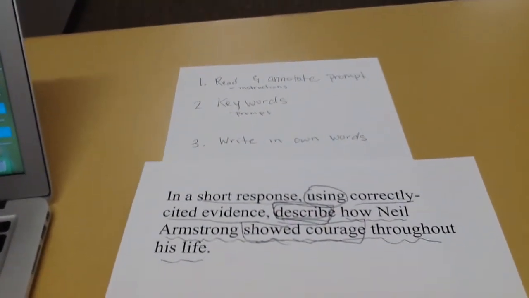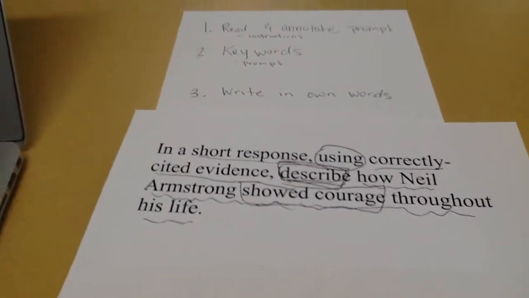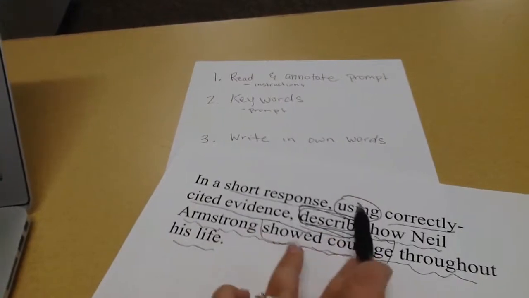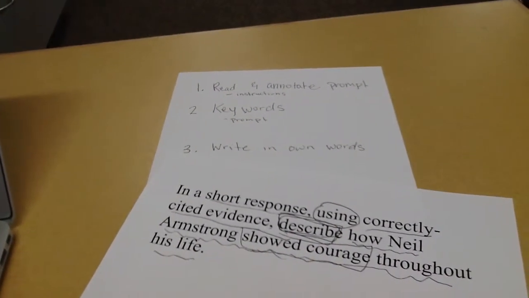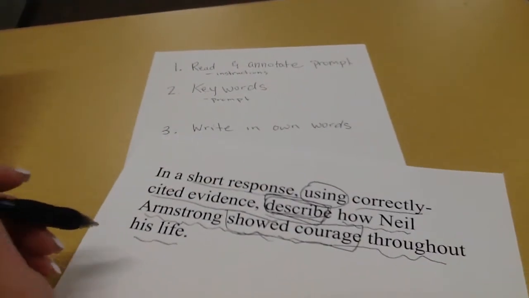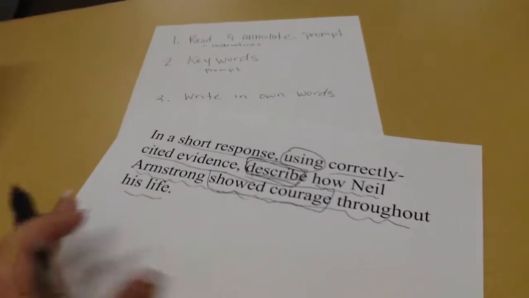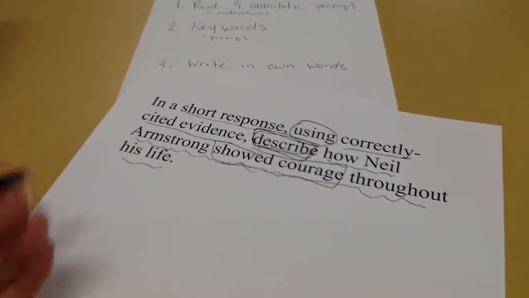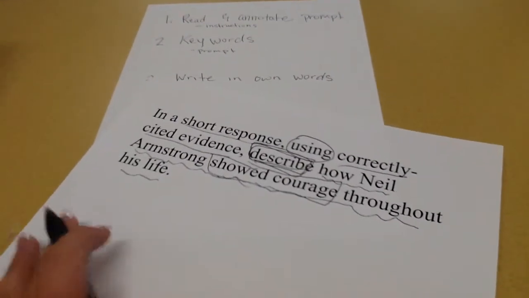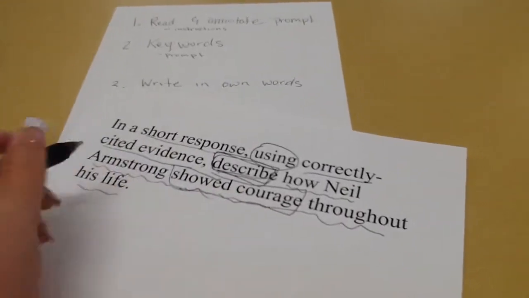Now, the last step in analyzing a prompt is to write it in my own words. To write something in your own words, we've now highlighted a lot of the things that we need to focus on. Now, this particular prompt is so short that it's going to have a lot of the same information in it. And it's just a poorly written prompt. We've talked about that. Some of them are short and some of them are really long. So I know that I have to include short response and evidence in this. So I'm going to say,